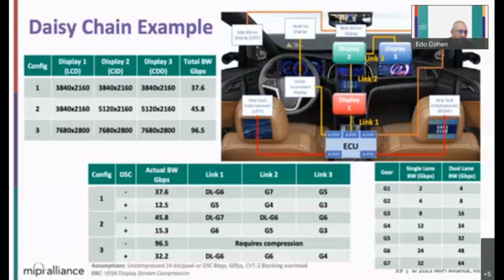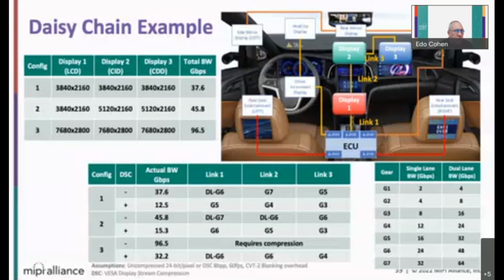So what you can see here is that this system can, if compression is applied, for the first one that has 37.6, reduce it by 3 with DSC, and it can be supported by A-PHY as it is today for 1.1.